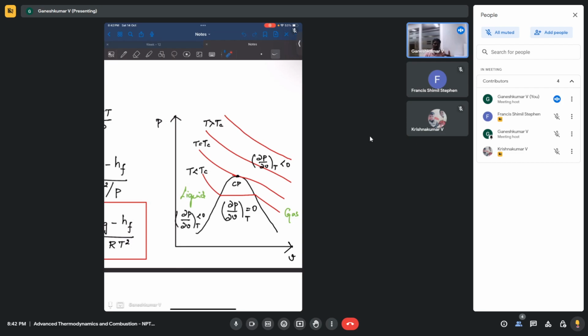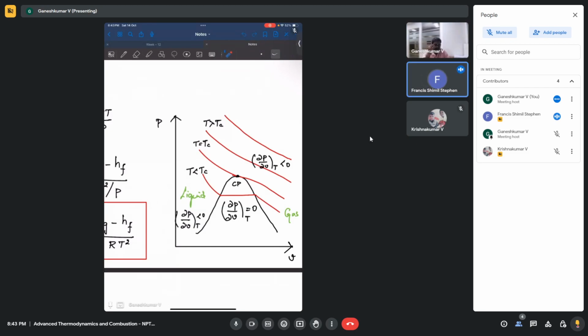Whatever we know about how the gas behaves and how the liquid behaves breaks down here. So you cannot use the ideal gas relation here. You cannot say that the density of the liquid is almost the same, right? So a separate equation of state comes into the picture. It's a different state of matter. It's a little difficult to understand.